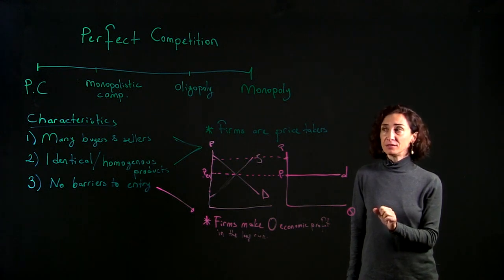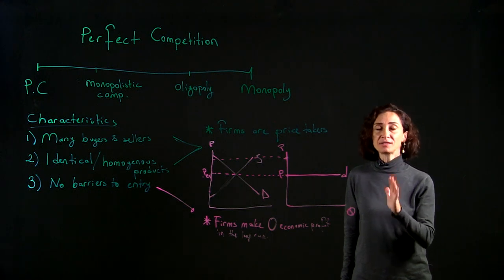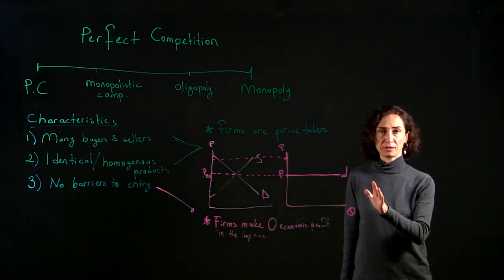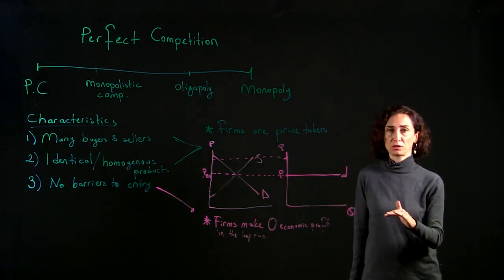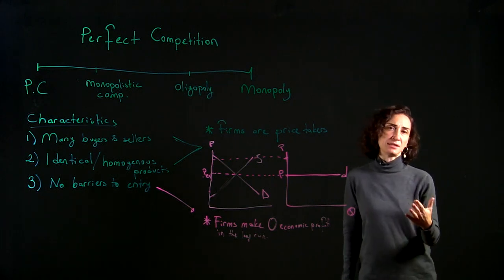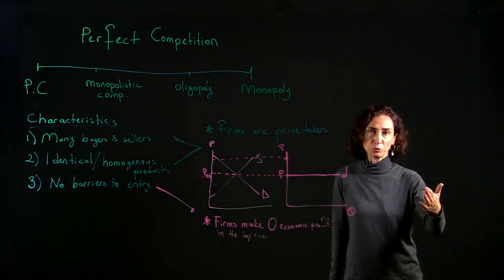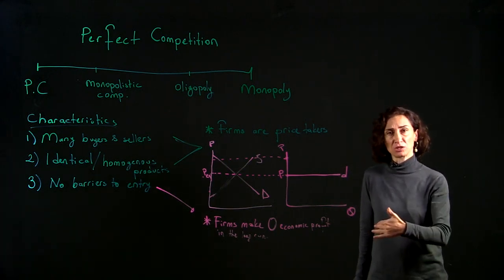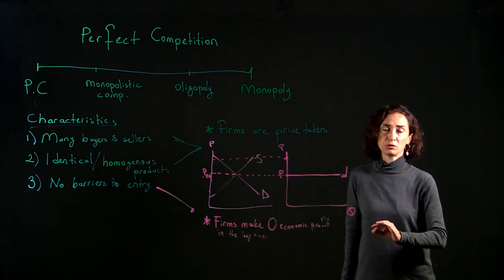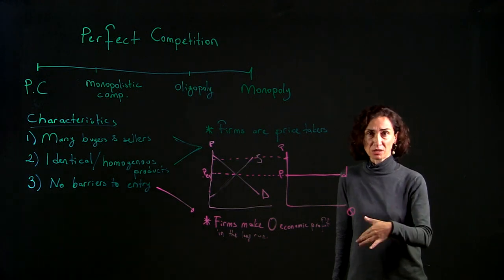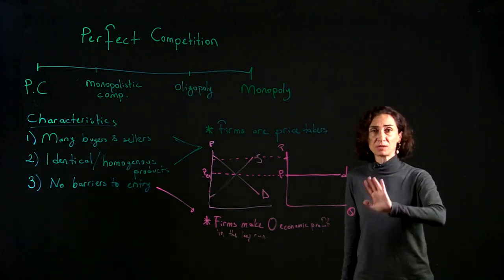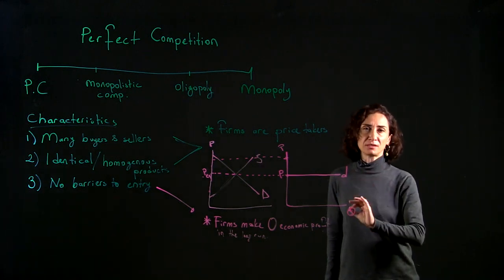So, in the short run, we take the number of firms as given. The number of firms in a specific market cannot change in the short run. That is the definition of short run. But they can change the quantity they produce. They can increase or decrease the output in the short run by changing the amount of variable input. They cannot change the fixed input. Okay, that is the short run decision.